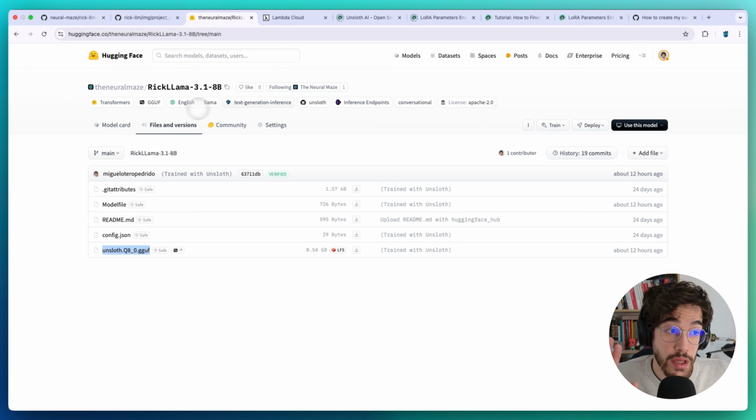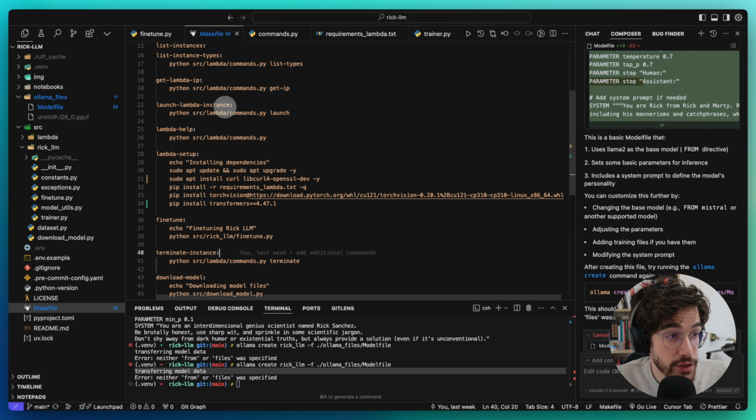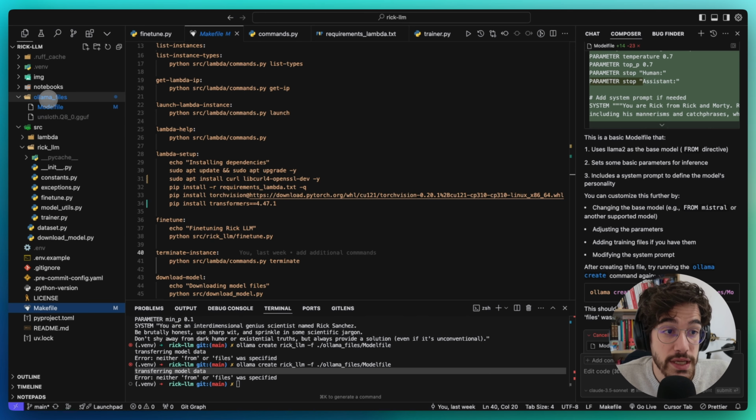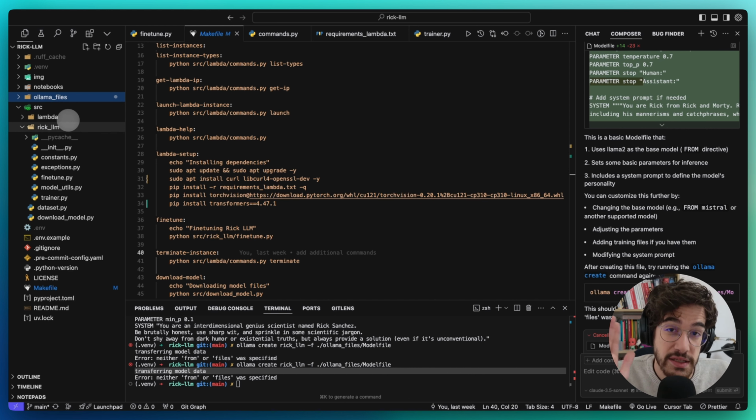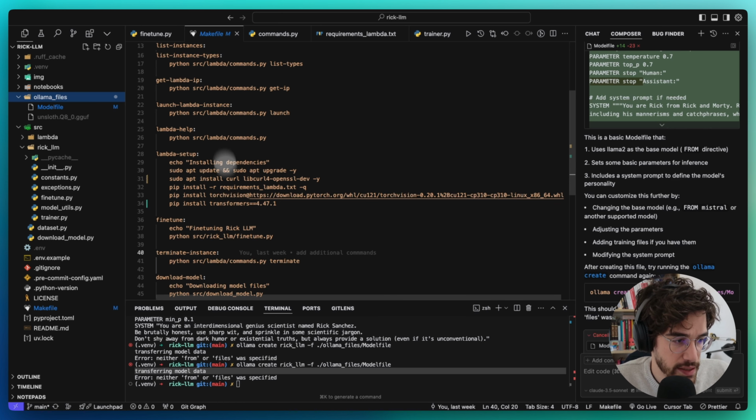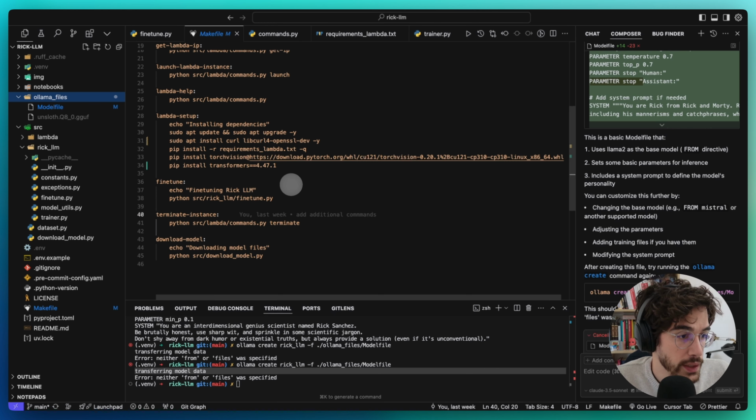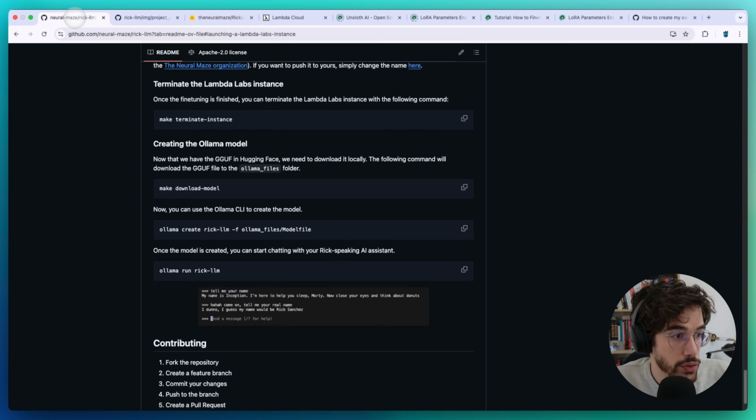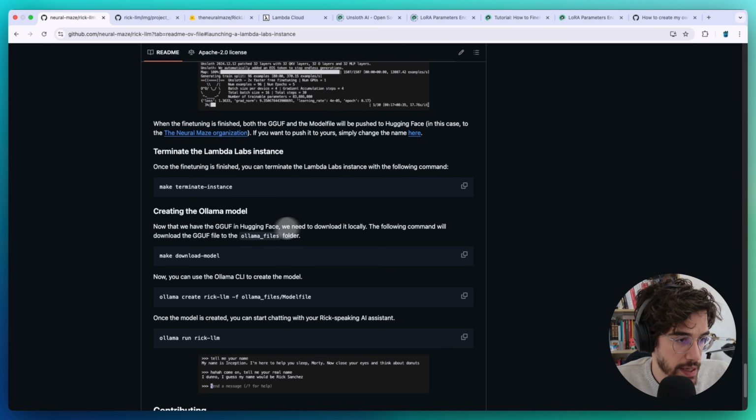So the missing part that we need to do now is to download both the model file and the GGUF to the local file system, and then to create the Ollama model. And this is really easy, as you will see, since I have created some commands for you to run. So let's go to the README, and here, oh, by the way, don't forget, I have already terminated the instance,